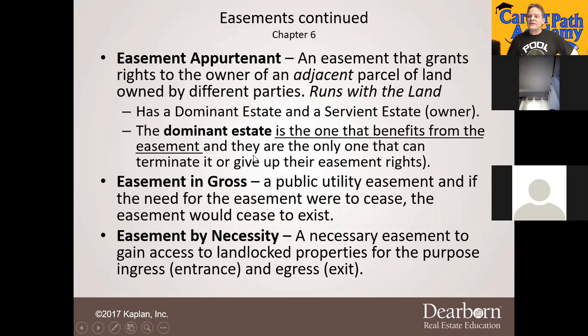So like a shared driveway or, you know, well, we'll go over a bunch of different examples, but the dominant one, like if we look at the pictures in the book,